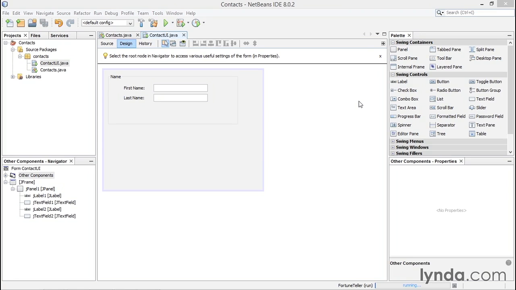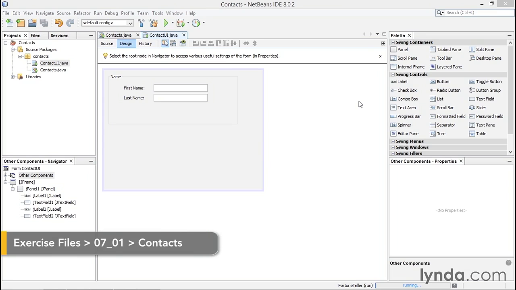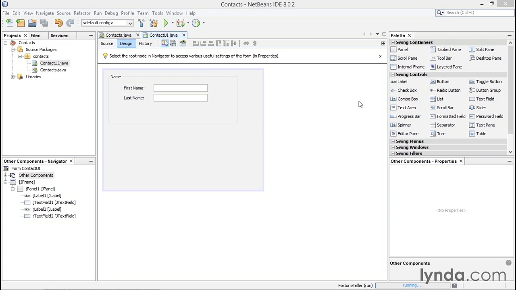This section introduces the basics for creating GUI forms using Java. GUI stands for Graphical User Interface, and this allows us to create applications that have a user-friendly front end. The nice thing about NetBeans is you can use a GUI builder interface. In the project that I have open, called Contacts, you can see that the GUI builder interface is already open. On the right-hand side, I have a palette of all the options that I can use to create my GUI